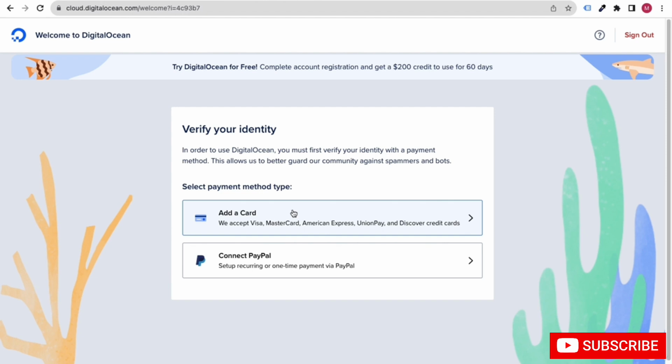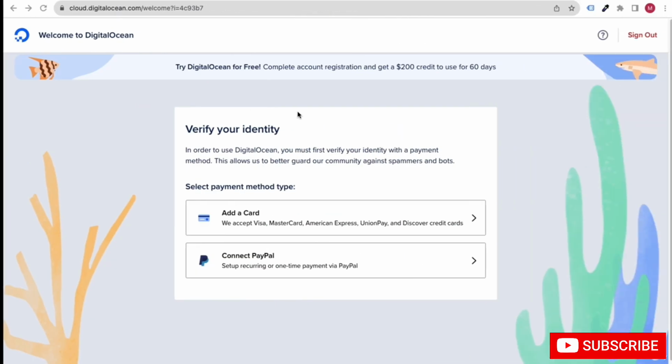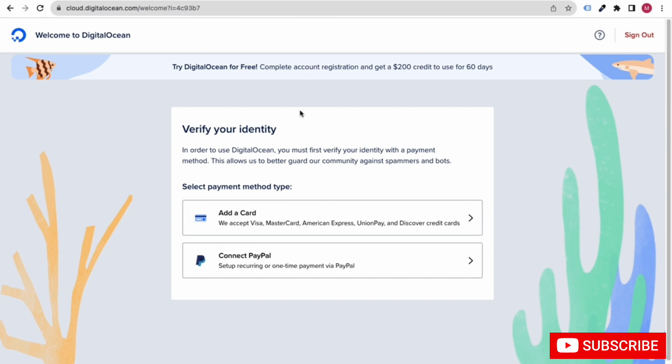And now, my friends, you have to put in the payment details, so that after the free trial, that means when you get 200 free credits on your account for 60 days, you can use it absolutely free. Try it, use DigitalOcean, become familiar with DigitalOcean. Then they are going to charge you money, because you can imagine that you are hosting one API on an online service, so of course they will charge you money, right?